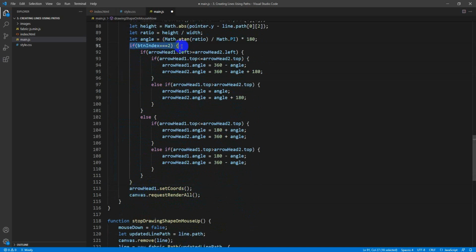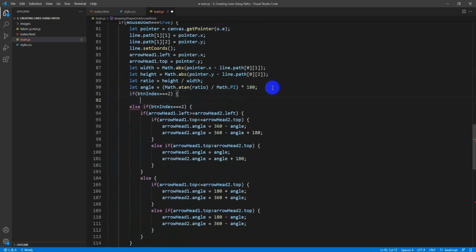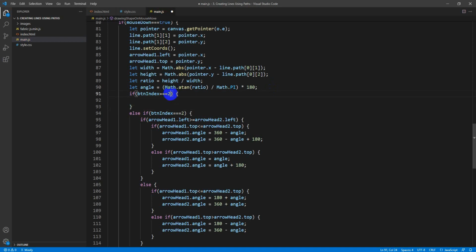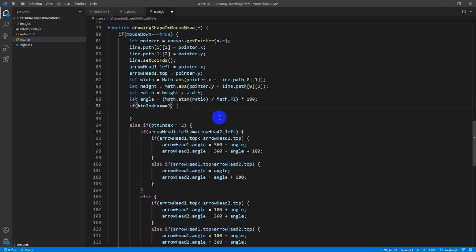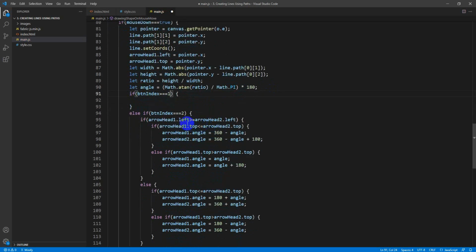Then else if, okay, maybe this should be else if and if over here. But now let's say if it's the single arrow line. All right. So if button index equals 1, so there's no arrowhead 2. Okay, it's just arrowhead 1. All right. And this would be,